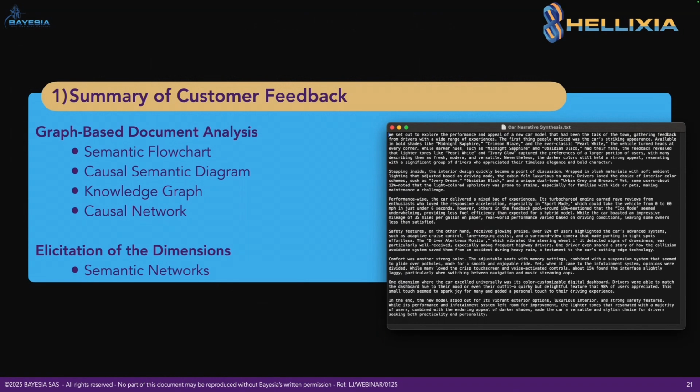Just a note to let you know that the way I'm analyzing this data and using Hellixia is almost exactly the same thing as what we do when we do brainstorming. Instead of doing brainstorming with a set of experts, my experts here are the LLMs that are integrated in Hellixia.